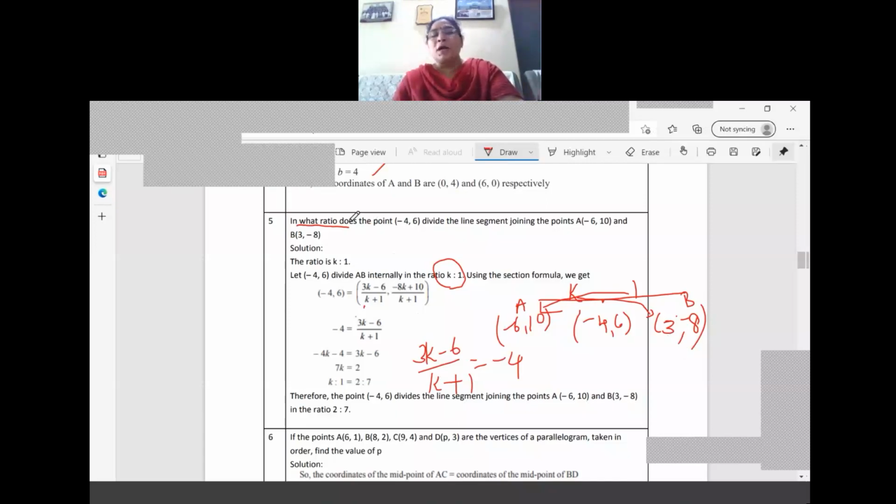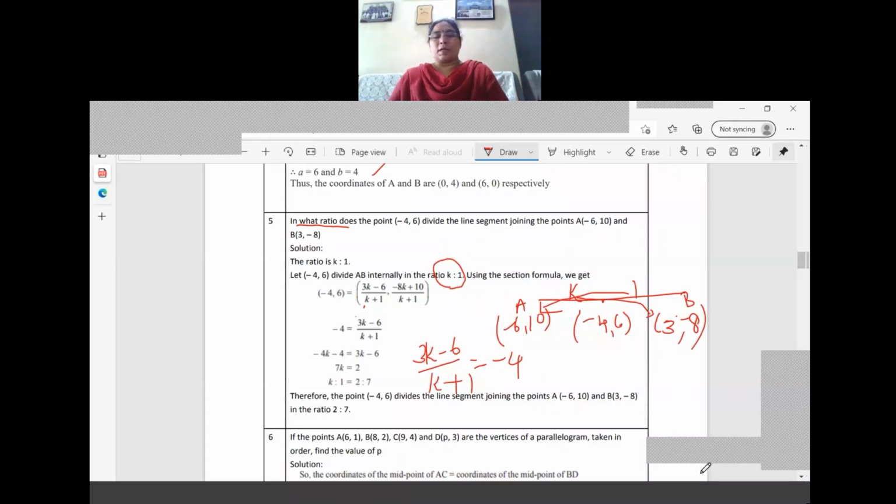So here, the question asks for the ratio. Prefer to do it with the k is to 1 method. Anybody who is interested to do it with m1 and m2, then also it is correct only. Sometimes the steps will be lengthy because of the denominator m1 plus m2 you are getting.